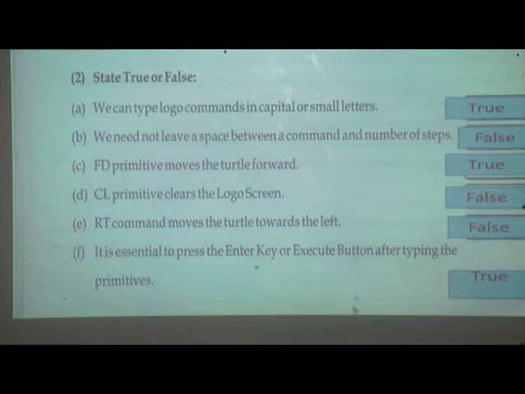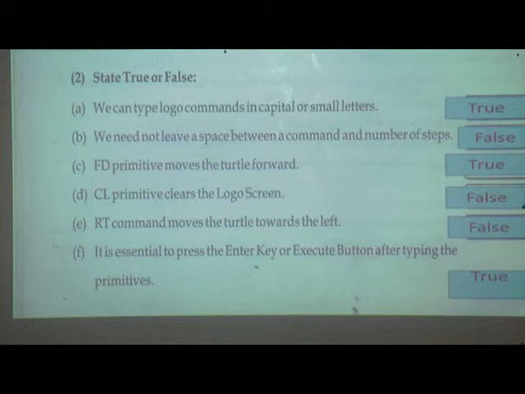We will read from the first number. We can type logo commands in capital or small letters: true. We need not leave space between a command and the number of steps: false. FD primitive moves the turtle forward: true.